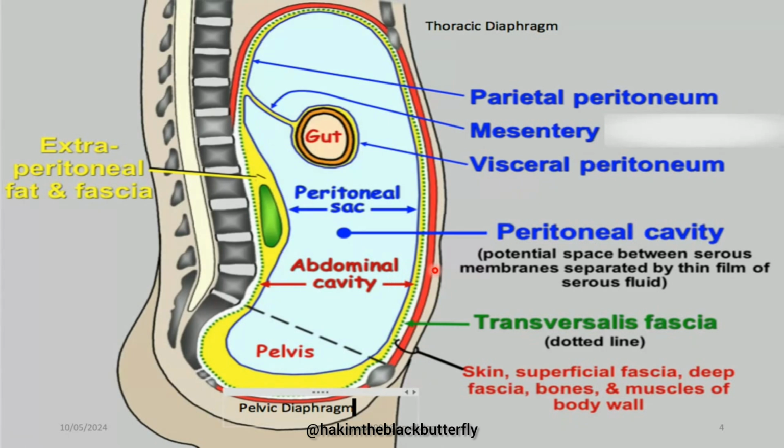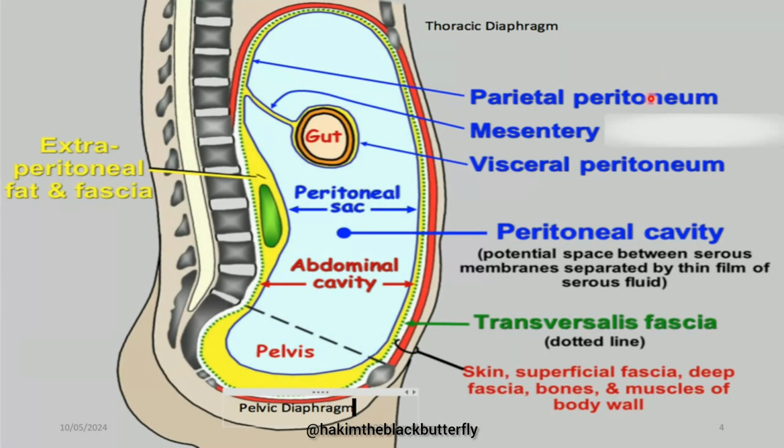The whole of this space from the anterior abdominal wall to the posterior abdominal wall, the whole of this large space, is the abdominal cavity. Okay. Within the abdominal cavity, we have